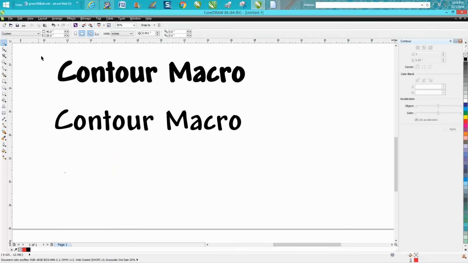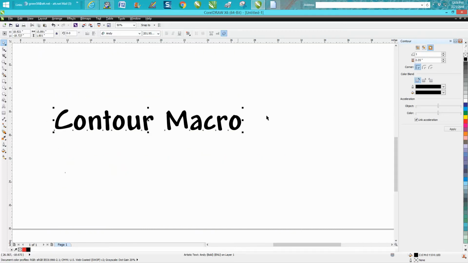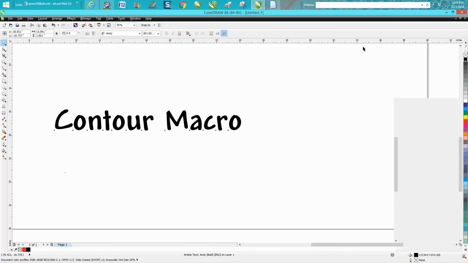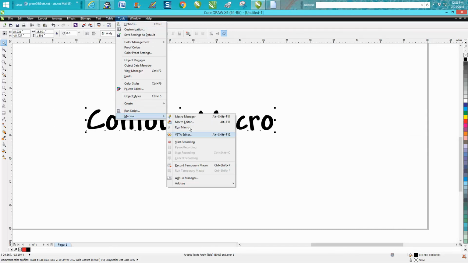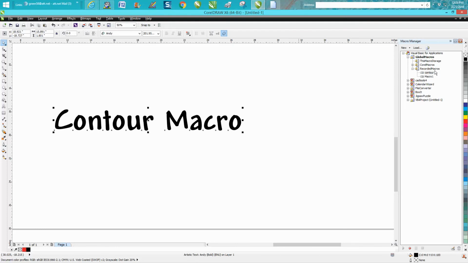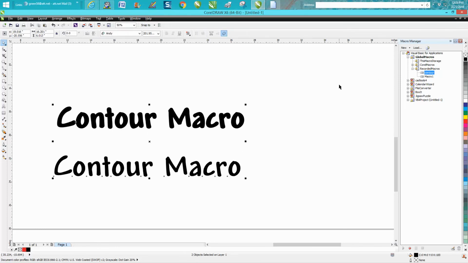So let's delete all this and just do this again. Pick on our macro, go up to Tools, Macro Manager, Run Contour, and there you go. With 2 clicks of the mouse because you had to open